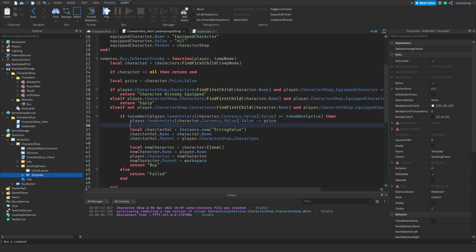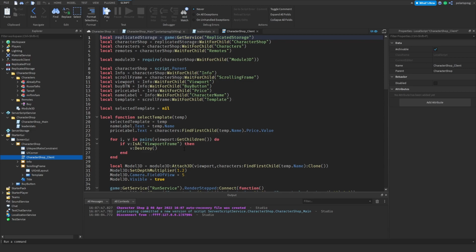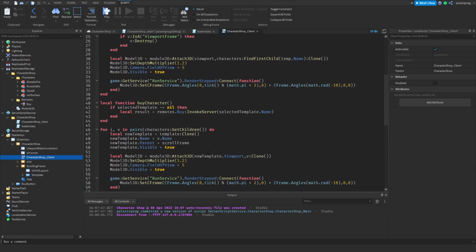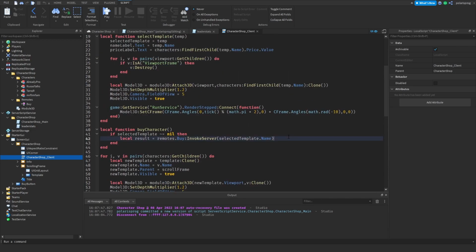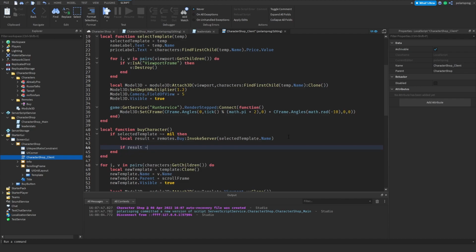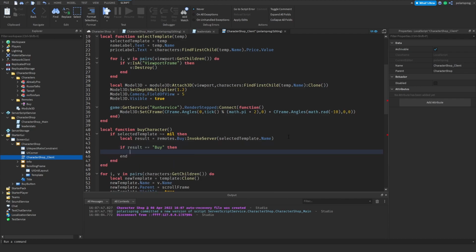Now we need to go back to the client, so let's enter our character shop underscore client, and right here where we buy this, we're gonna check if result is equal to buy. Then what we're gonna do is change the text button. So buyButton.Text is equal to equipped,